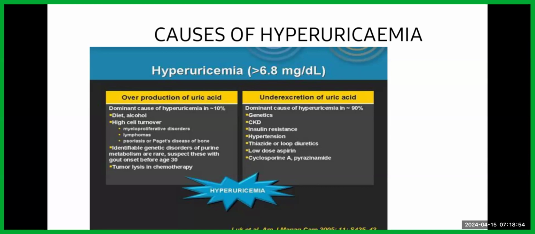There are some enzyme deficiencies that are known to predispose to that. Two of them are due to deficiency of those enzymes, and one is due to overproduction of an enzyme. One of the common ones is hypoxanthine-guanine phosphoribosyltransferase deficiency, which is seen in Lesch-Nyhan syndrome. Another is glucose-6-phosphatase deficiency, known to cause von Gierke disease; its underactivity is also a cause. But overactivity of an enzyme called phosphoribosylpyrophosphate synthetase is also known to do that. Tumor lysis syndrome in chemotherapy is also one of the causes.